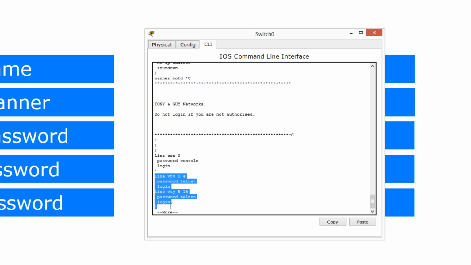Only the newer devices have 16 lines. So Cisco thought, instead of saying 0 to 15, so line VTY 0 to 15, if they had to make it one command, backward compatibility was a problem, because as you become more and more familiar with the Cisco technologies, you